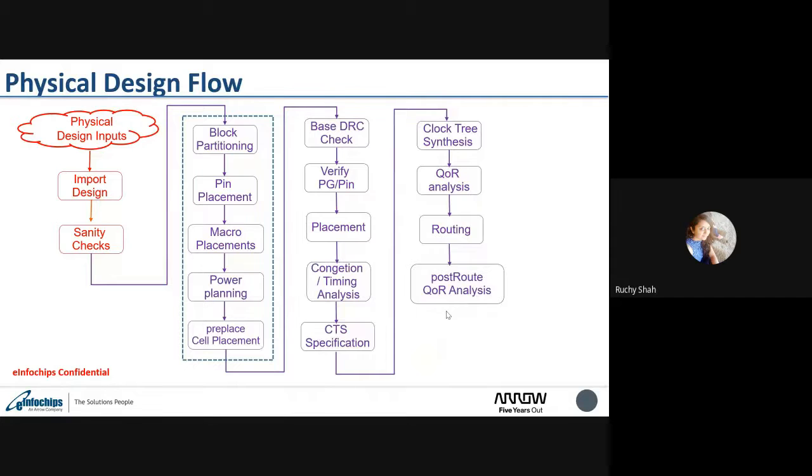In the ECO phase, we do lots of sign-off. But why is it called ECO? ECO means engineering change order. We will not open the PnR again. Whatever changes we want to make, we do on the routing database incrementally. We fix something and save the database. Again, we fix another issue, close it, and incrementally save the database. After doing all the sign-offs again, finally we move to the tape-out phase.